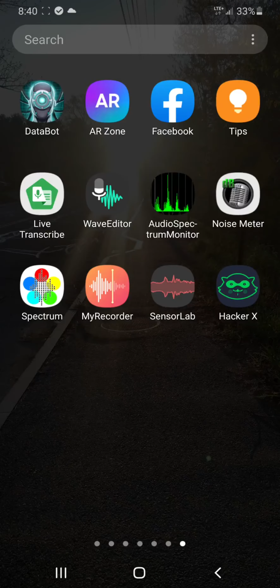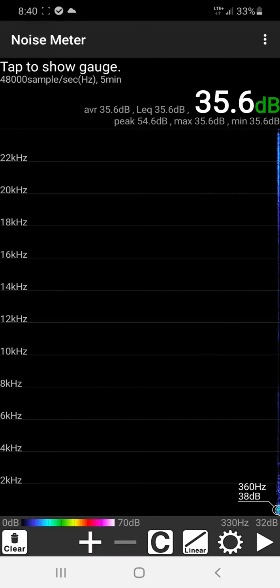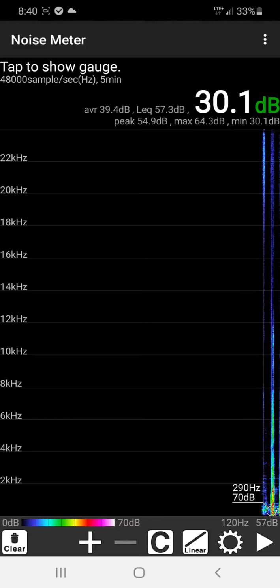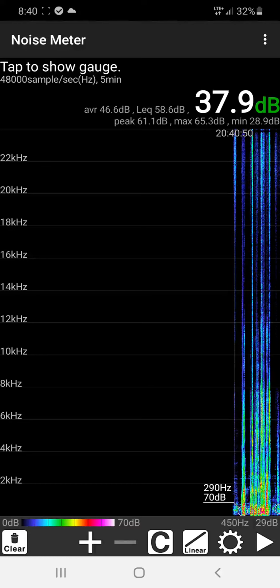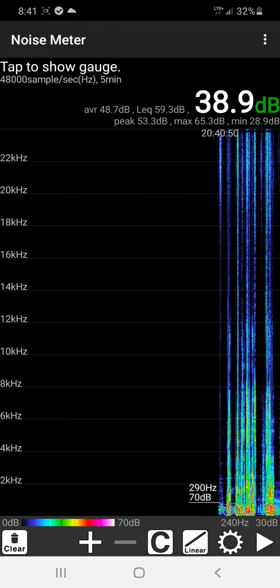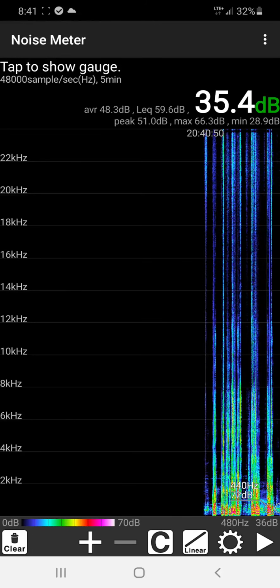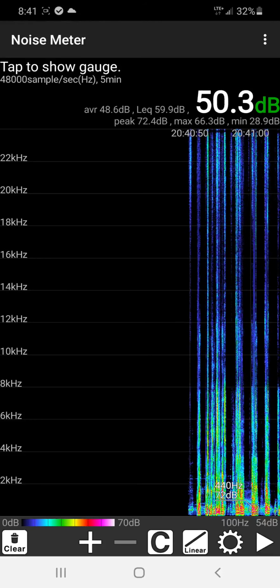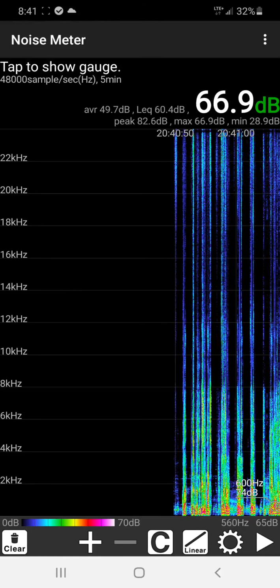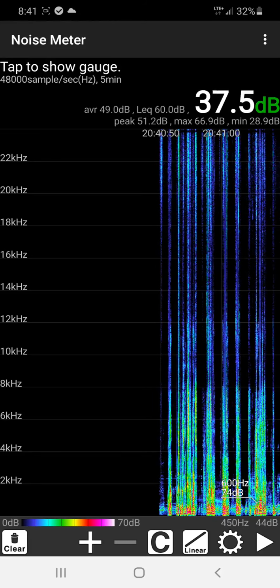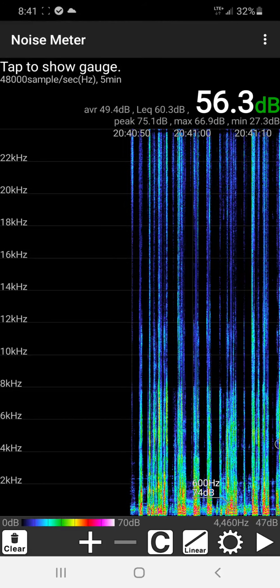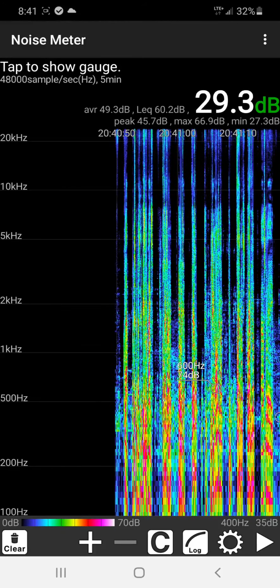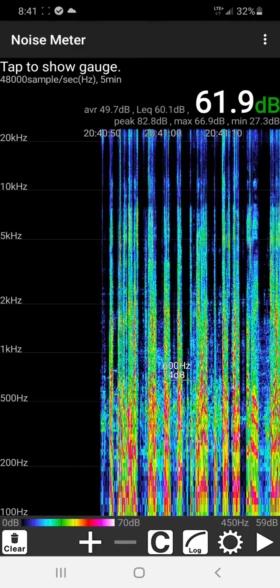Going back. Noise meter. I actually like this one here. Cool app. What this one does is it basically combines the full spectrum sound around you and the linear scale. Fully adjustable. Excuse me. You can change all the settings on it. You can flag certain points, go back, review them. Let's do